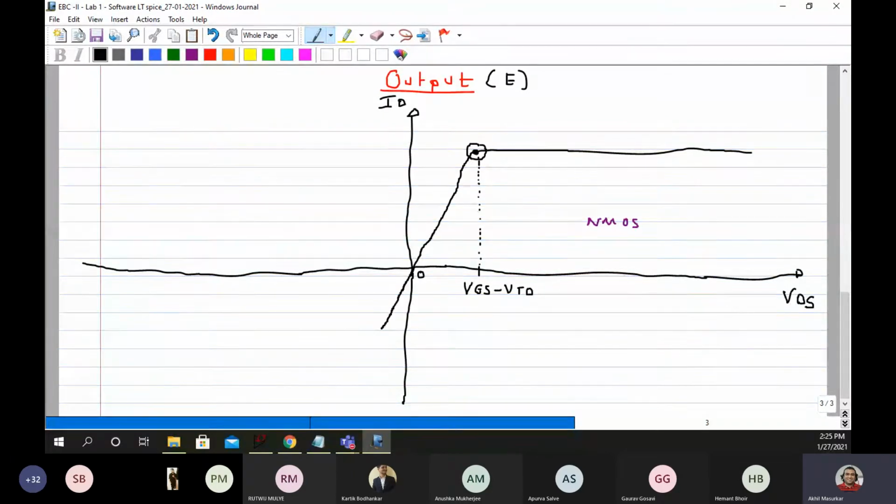I told you that the current direction will be reverse and the characteristics would be this way, and even this point here is again VGS minus VT.